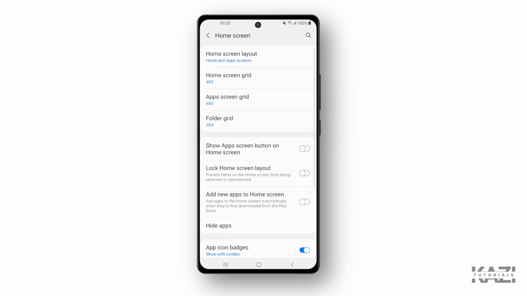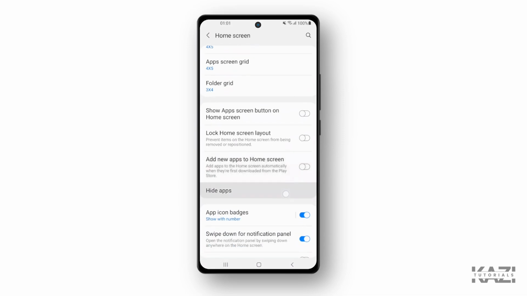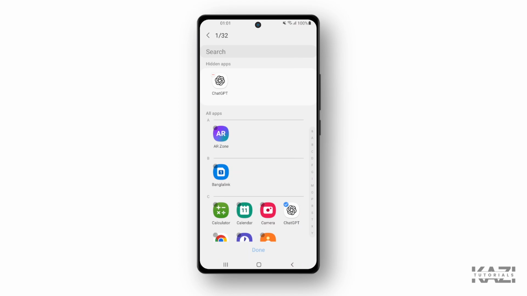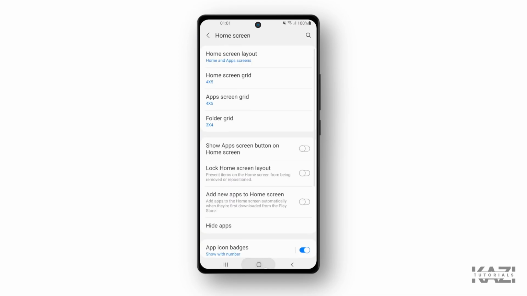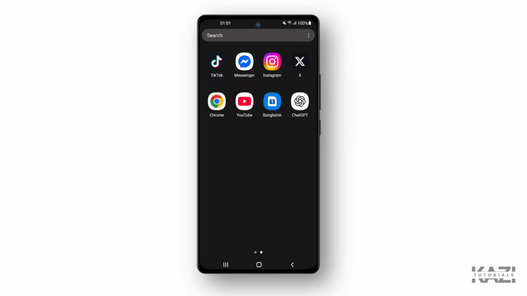So to unhide the application, you need to go once again to the hide apps option and then simply select this app and you are done. Simply tap on done and you are done. So it is back. So that's how you can hide and unhide apps on a